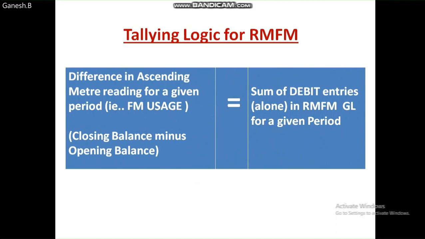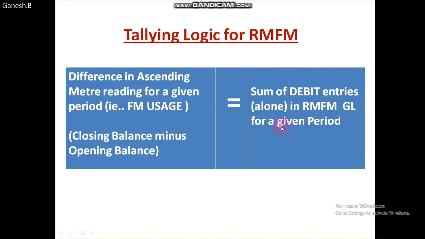If there is a difference, there are two chances. In 99% of cases, you will have the step 2 figure less than the step 1 figure. That is, the difference in ascending meter reading will be more, and what is accounted in SAP will be less in 99% of the cases. That means you have not done voucher posting for ordinary articles. Then you have to make a voucher posting